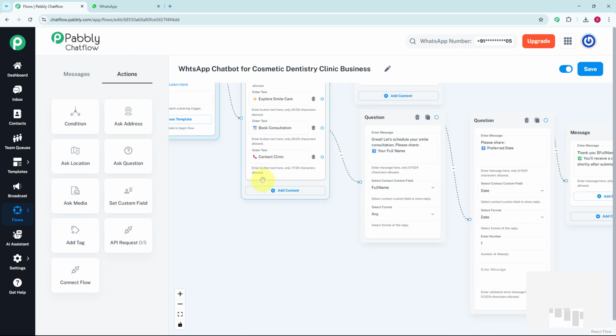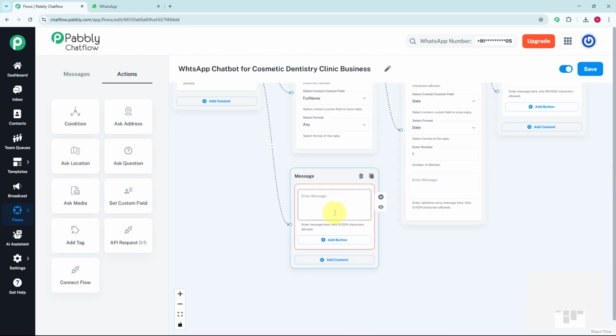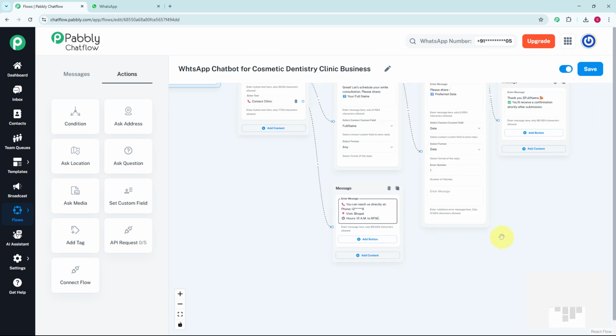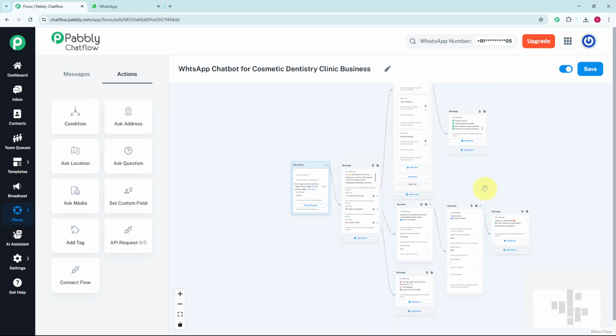So now let's enhance our third button, that is contact clinic. So I am going to provide the contact details of the clinic in a message note. For that you just have to select the text plus button over here. Now let's enter the contact details in this message note. Here I have entered the contact details. Now you can see we have created a flow for a chatbot,